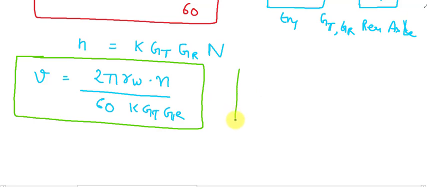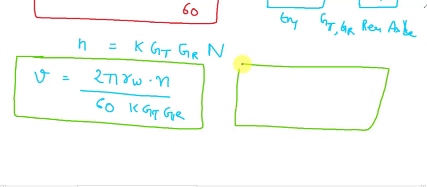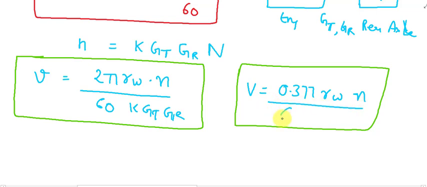And this formula can be written as capital V equal to 0.377 Rw, number of revolutions inside the engine, overall efficiency of engine, transmission gear ratio, and rear axle gear ratio. Okay,